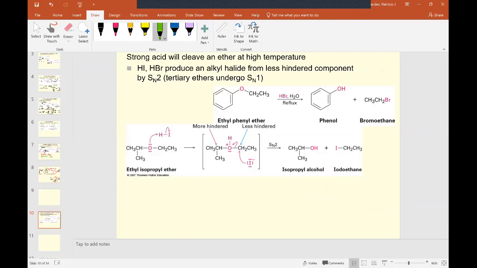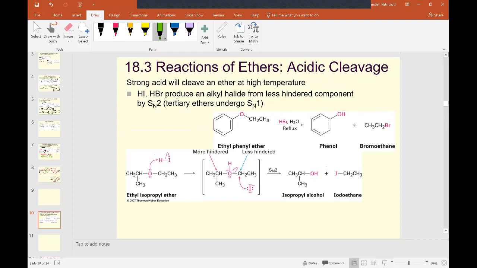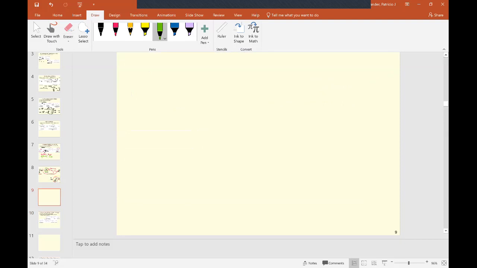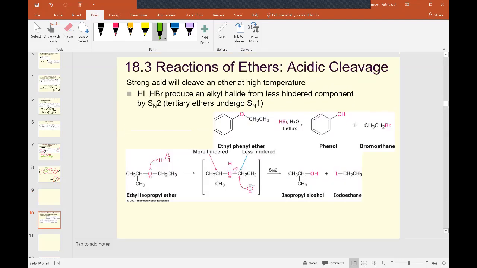The next reaction we have in this chapter is the so-called acid catalyzed cleavage of ethers. And in some way, this reaction is a little the opposite of the Williamson ether synthesis, meaning that when you have an ether, let's say you have ethyl phenyl ether, so the first thing that will happen